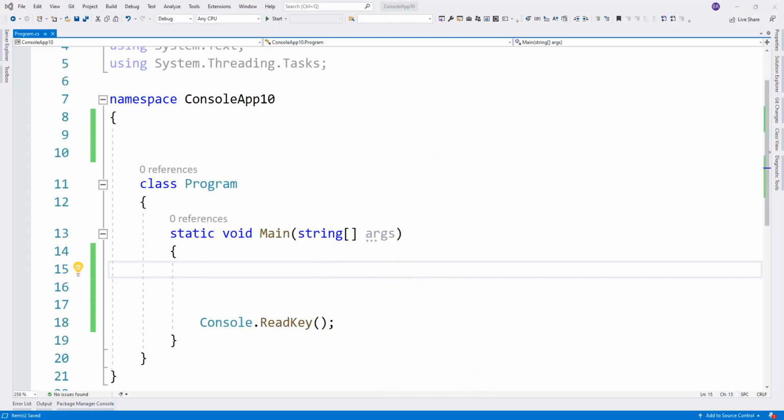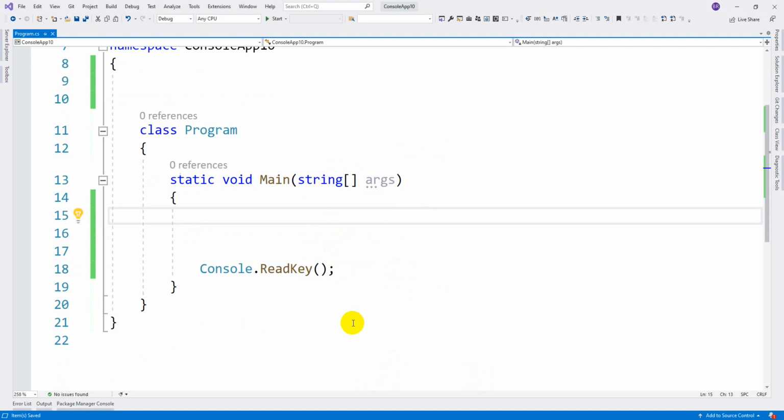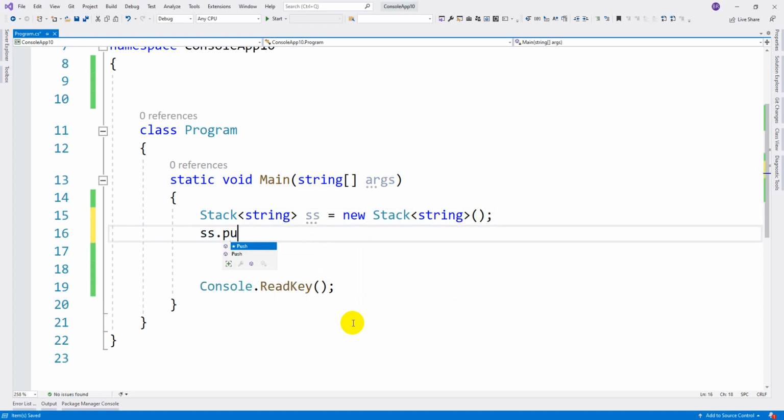We already covered a program earlier, so let's observe carefully how it will behave. Stack: you can limit it to one data type, because this is a template type. So Stack of string ss equal to new Stack of string. ss.push.